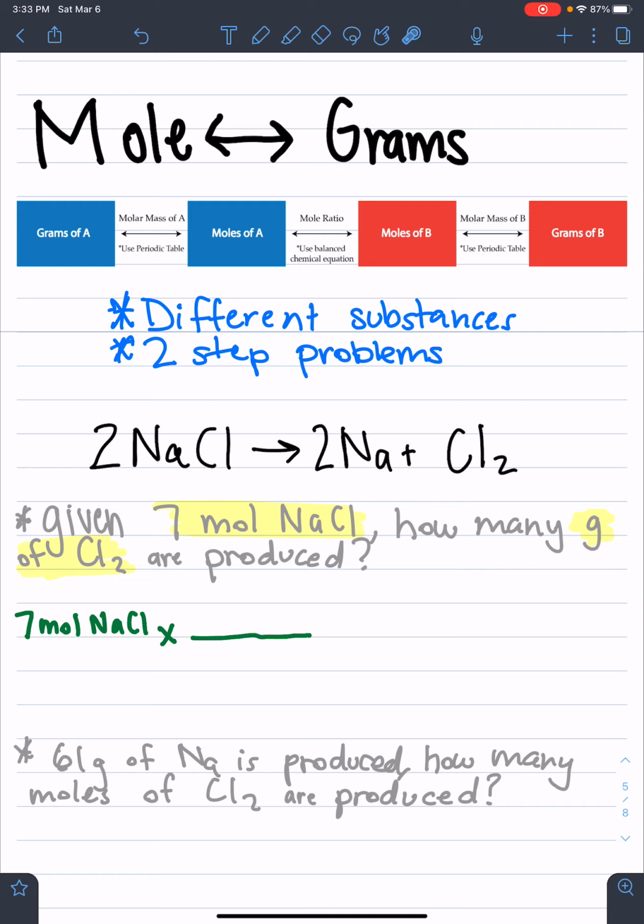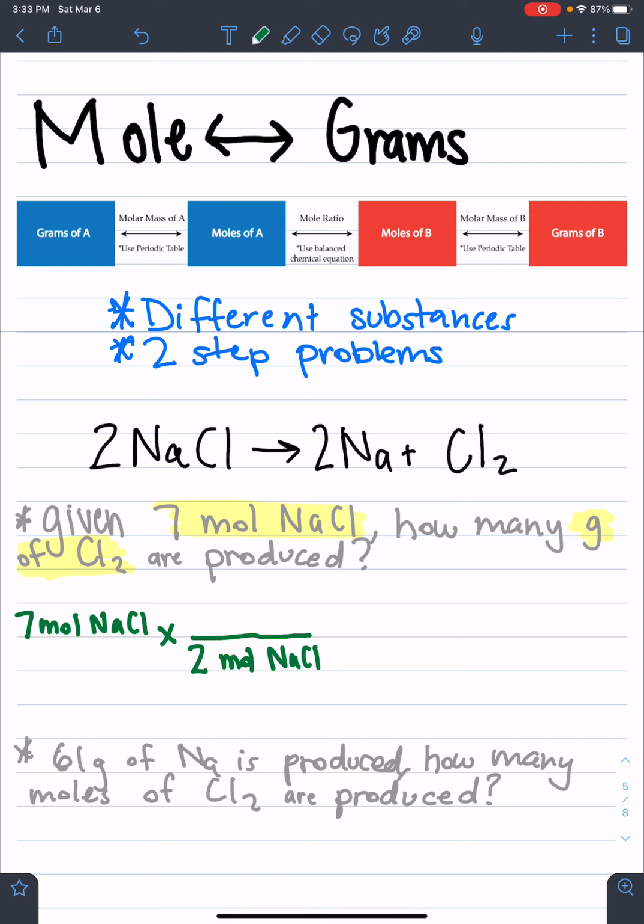So that's what helps you know what thing to put on top and bottom: you want to make sure that whatever is over here, you can cancel out down here. So since moles of NaCl is over here, we want moles of NaCl down here. Now remember, this says we're using our balanced equation, so we're going to go up to our balanced equation and see that there's 2 moles of NaCl for this problem. So 2 moles